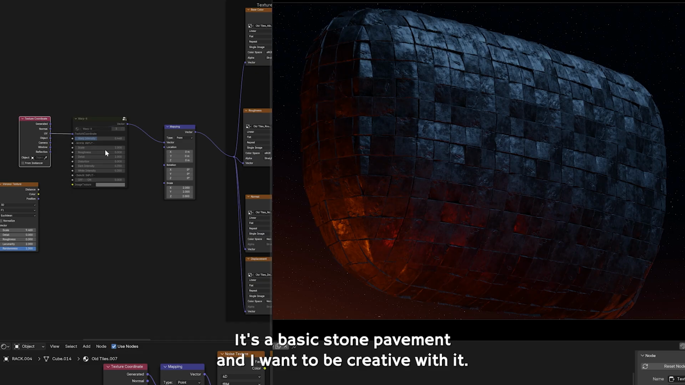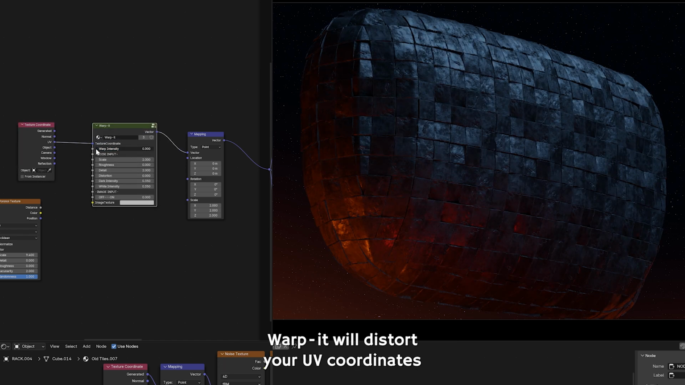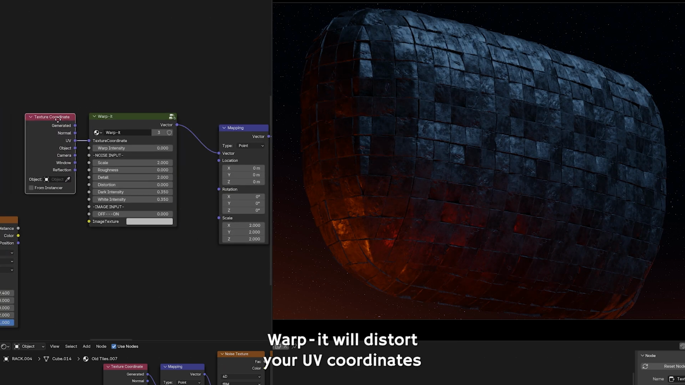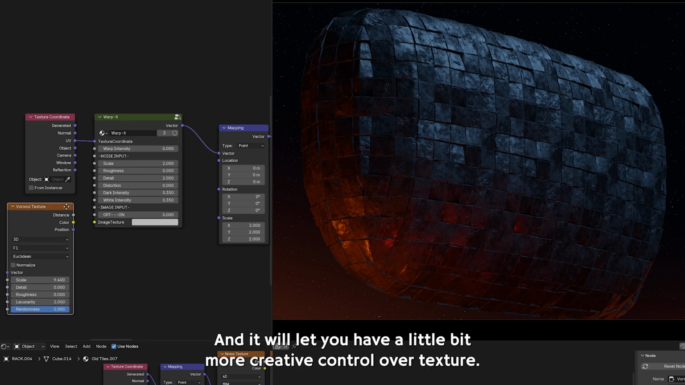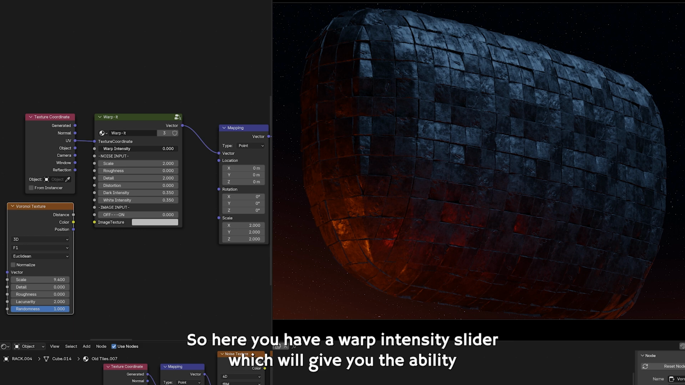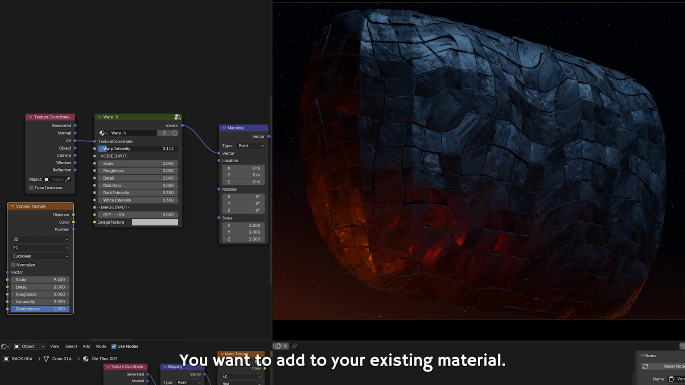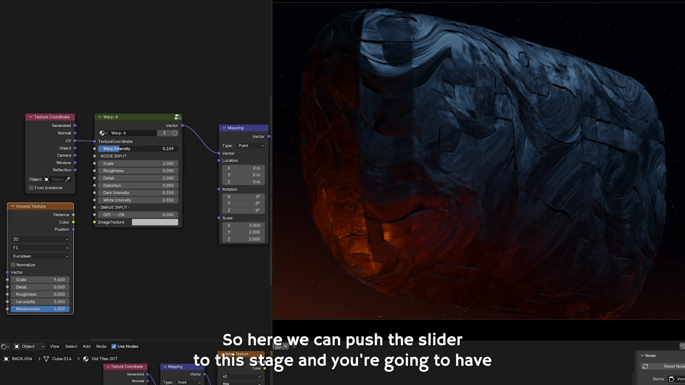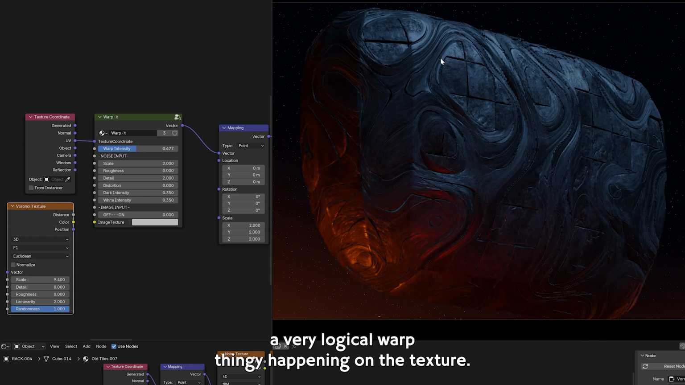It's a basic stone pavement and I want to be creative with it. So I'll just bring in Warp-it. Warp-it will distort your UV coordinates and it will let you have a little bit more creative control over the texture. So here you have a warp intensity slider, which will give you the ability to control how much warp you want to add to your existing material. So here we can push the slider to this stage, and you're going to have a very logical warp thingy happening